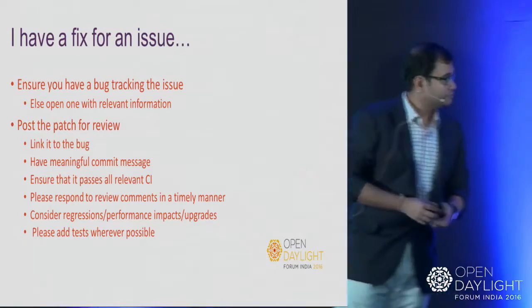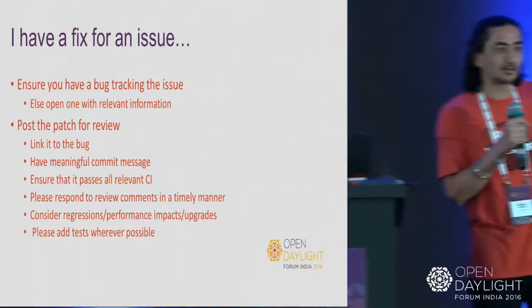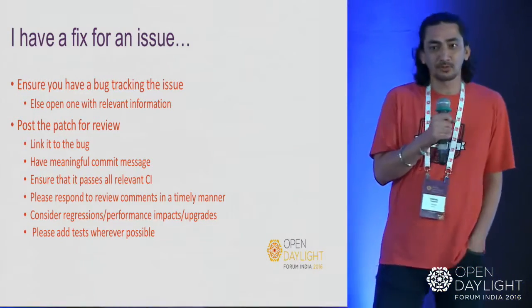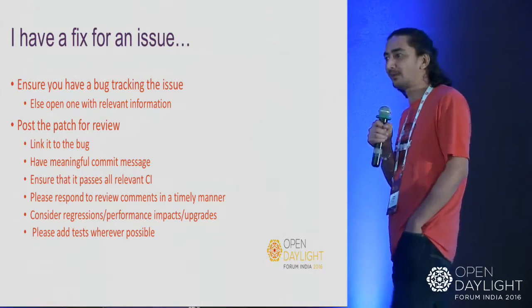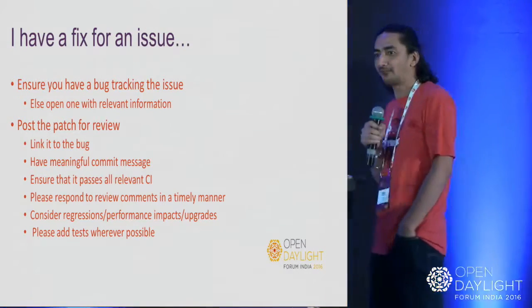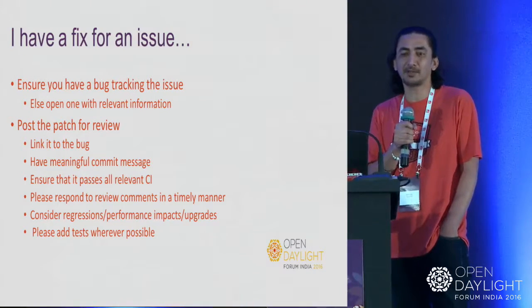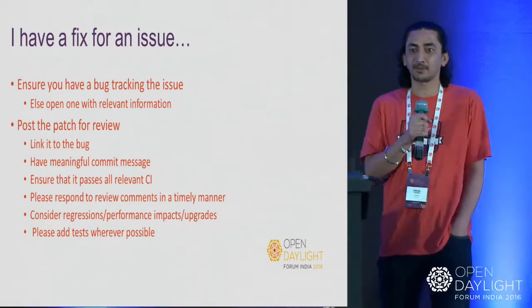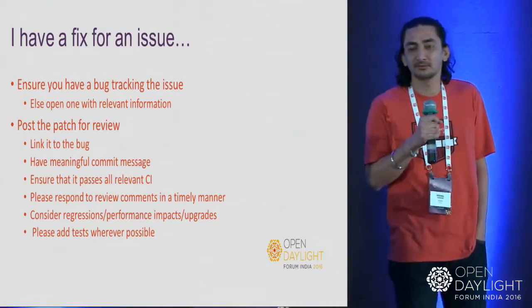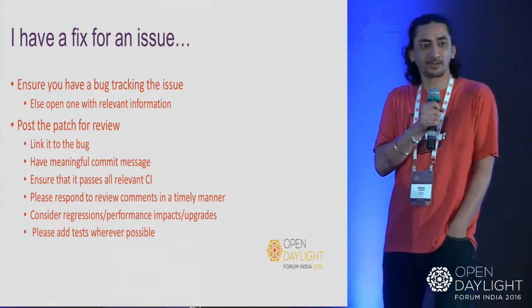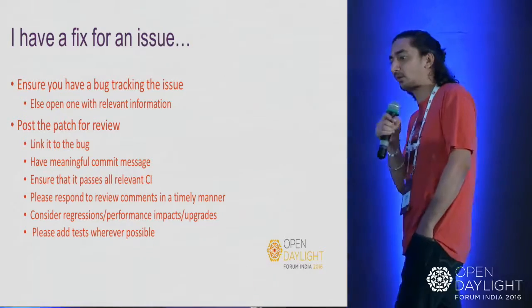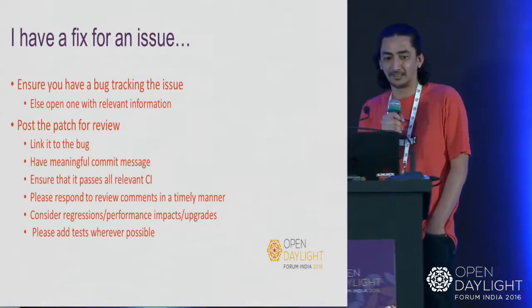Okay, so you filed a bug, either you found it and you don't know how to fix it, or you've dug deeper while you were waiting for someone to respond and, oh, I found out how to fix it. I have a fix for this issue. No one else has responded. Maybe I should fix it. Very good. That's the sort of spirit we are looking for. You know, open source. You don't have to wait for someone to fix it. If you can, go ahead, do it. But now you have a fix for an issue. How do you get it in?